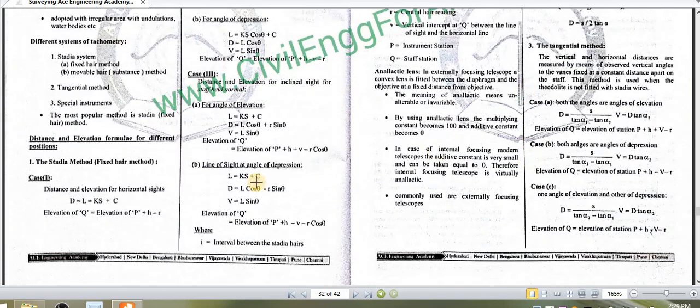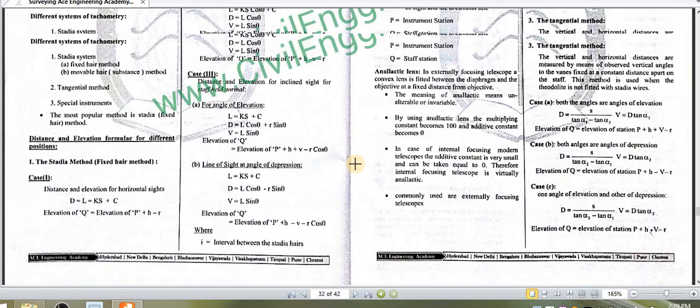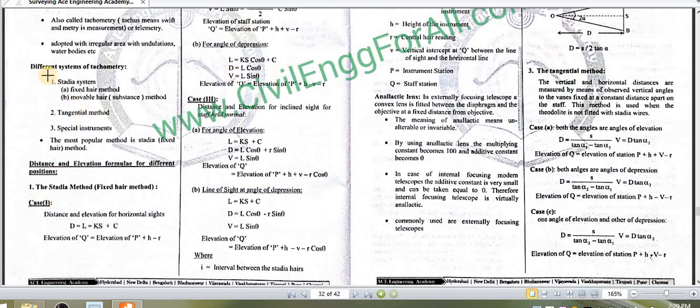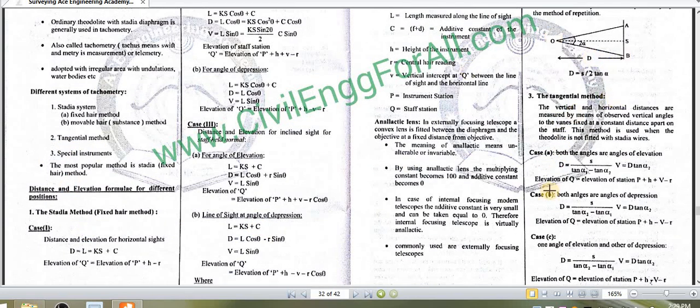So this is all related to your tacheometric surveying. You need to remember these three methods: the stadia hair method, which has fixed hair and movable hair methods, the tangential method, and special instruments. In the fixed hair method there are various conditions and various formulas available, and similarly in the tangential method there is one formula. There are different formulas based on the condition: if both the angles are in elevation, if both the angles are in depression,